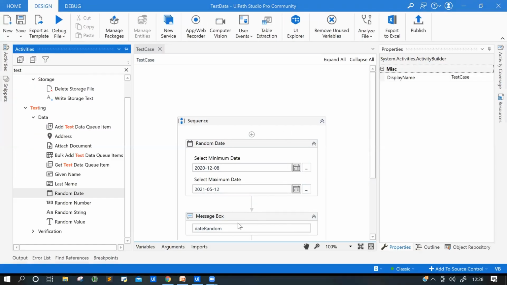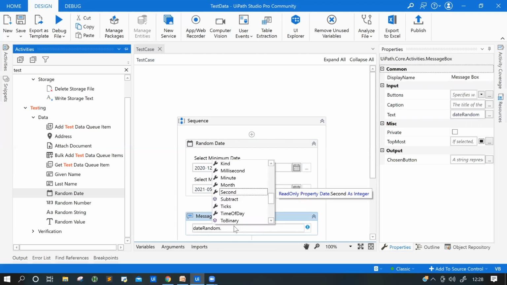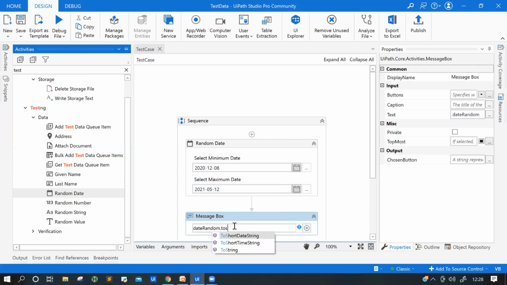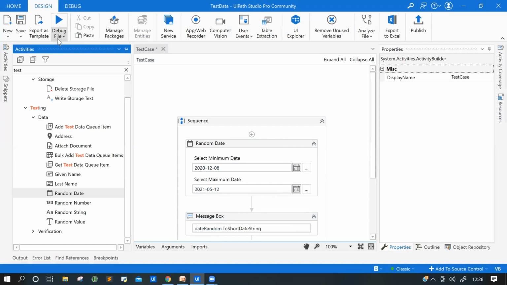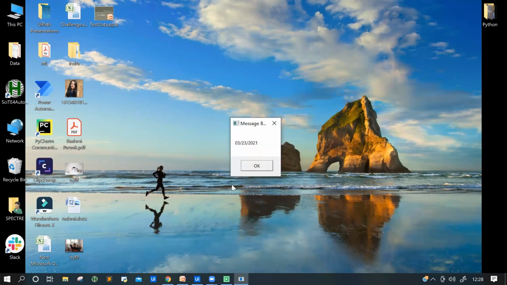And if you want to remove the time, just .ToString, and then you can give the split function, or .ToShortDateString. If you do it, you won't get the time over there. So you can use that in your use case wherever you want.